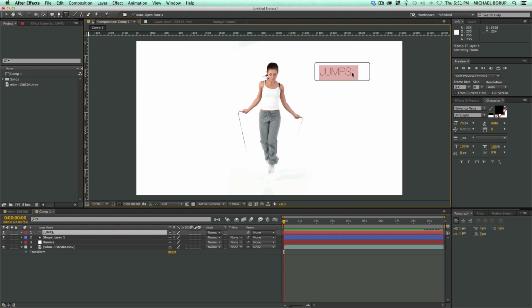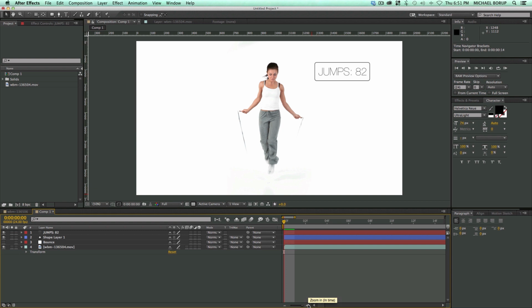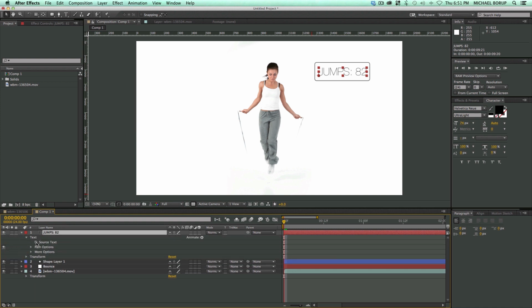So let's come in here. 82. And let's get that in there looking nice. Okay, so that's the first part. And then the next part is going to be kind of the boring part. So I'm probably going to fast forward it while I do this. But what I'm going to do is, I guess I could set up some sort of thing that automatically counts and things like that. But honestly, with just this short clip, the easiest way to do this is to go into the source text,